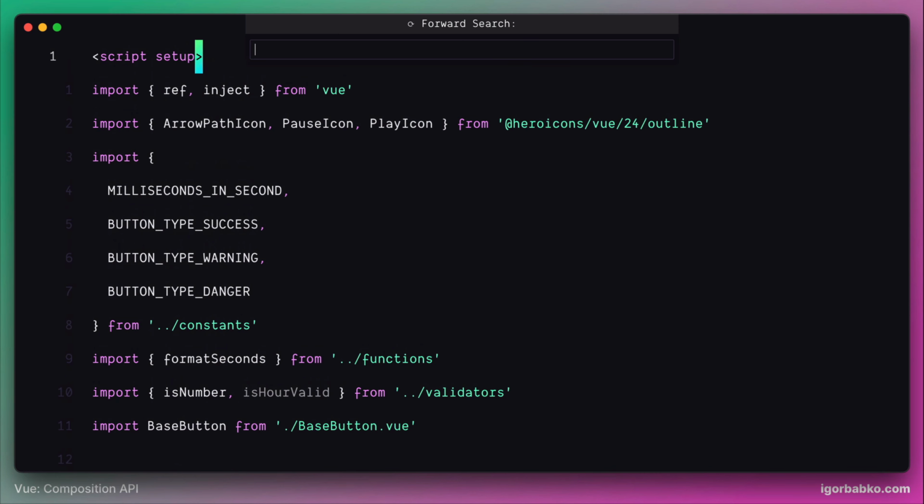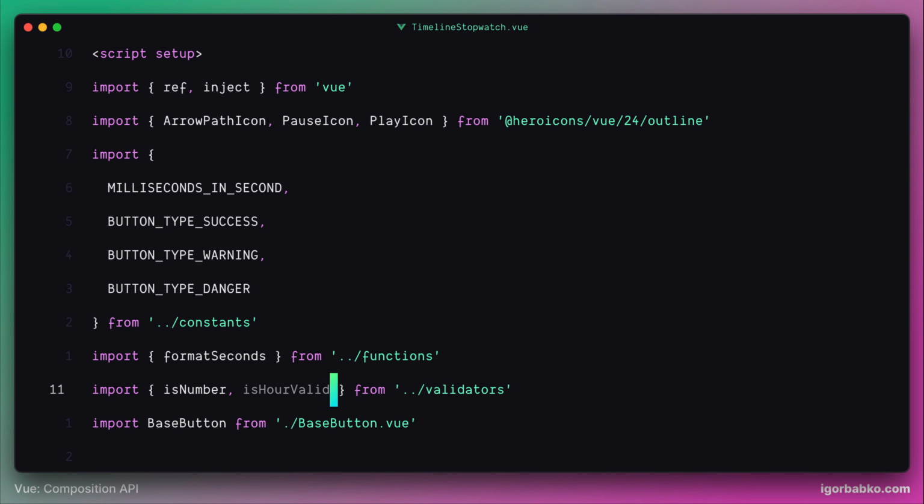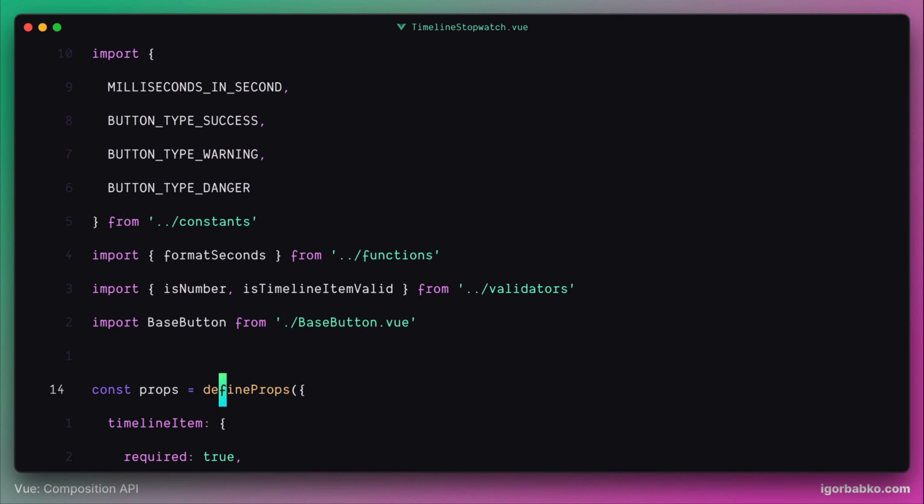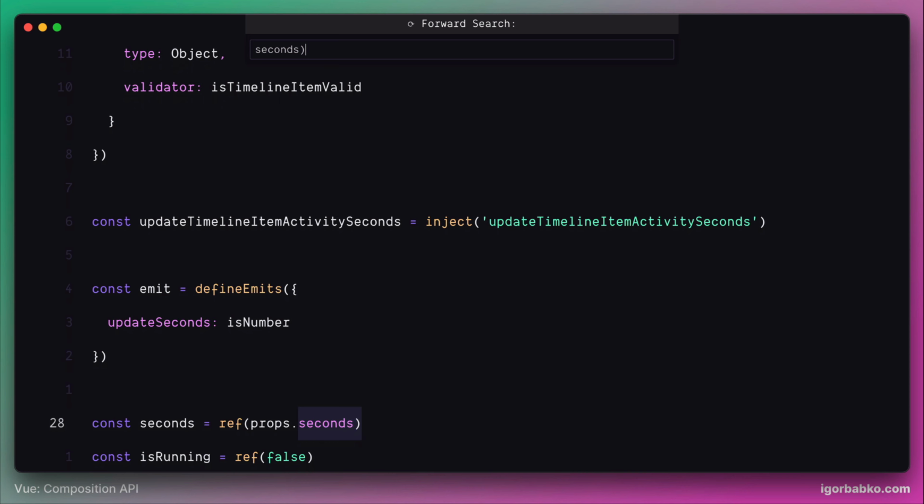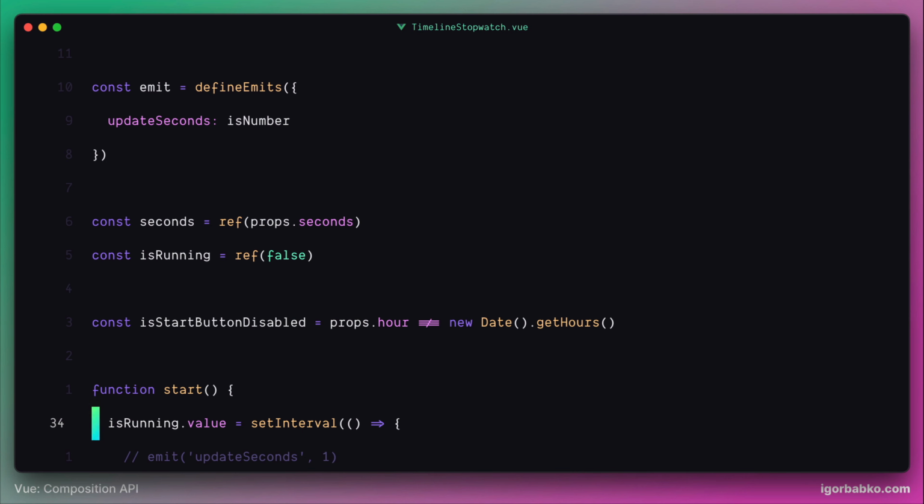Let's go up and quickly import this function from validators module and remove the import for isOurValid function. And by the way, isNumber function is no longer used in this component, so let's remove this one as well. And now let's modify the way we access value of seconds and hour by using props object. And since now we pass only one prop called timeline item, we need to gain access to seconds property by using timeline item object. In this case, we're gonna use a reference to activity seconds property on this timeline item